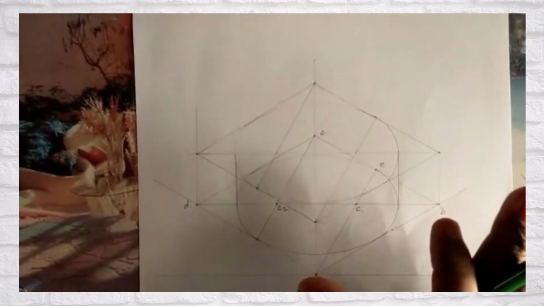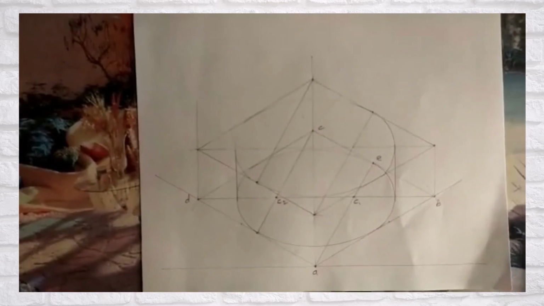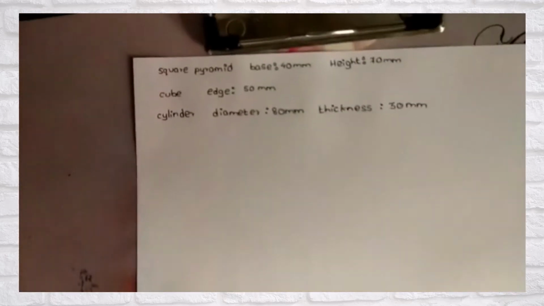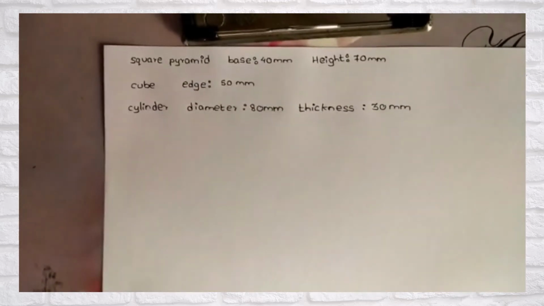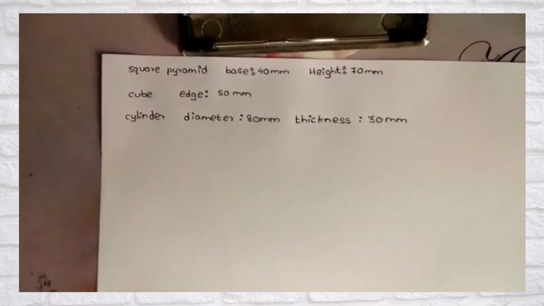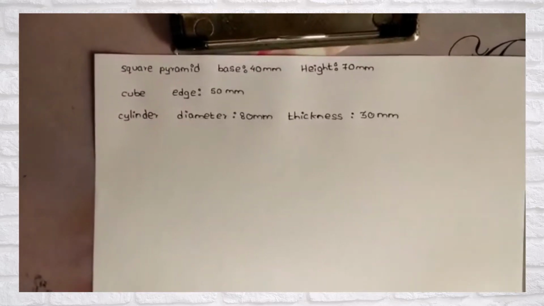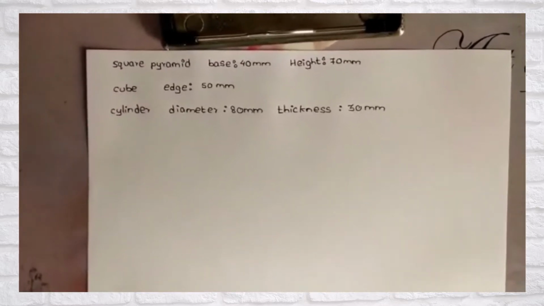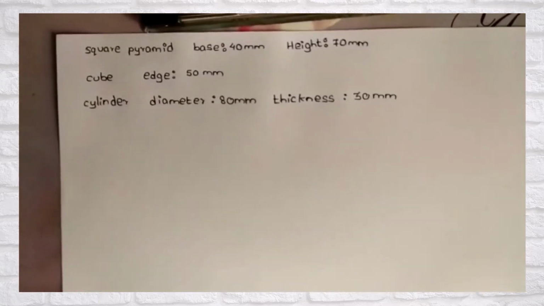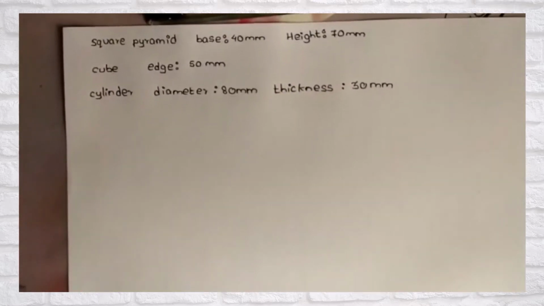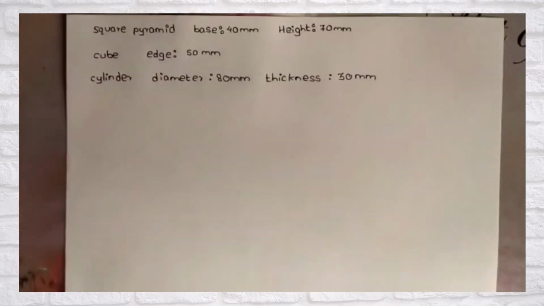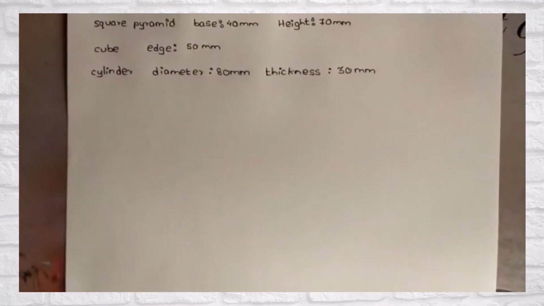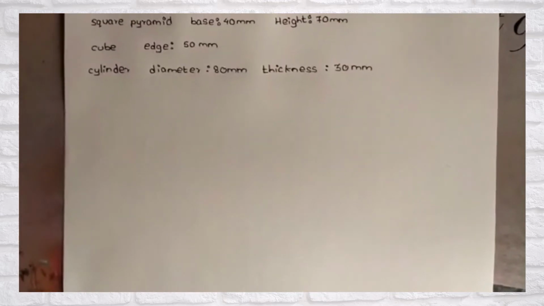After that, see, there I have written first square, then cube, then cylinder, but I am going from bottom to top. I have drawn the cylinder first, now I will go to the cube. What is the size of the cube? Size of the cube is 50 millimeter. It means 5 centimeter. So what is the size of that cylinder that we have drawn? The cylinder size is 80. So instead of 80 we have to draw here 50.